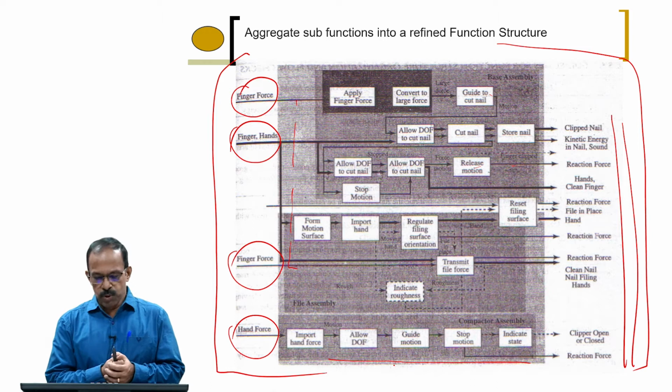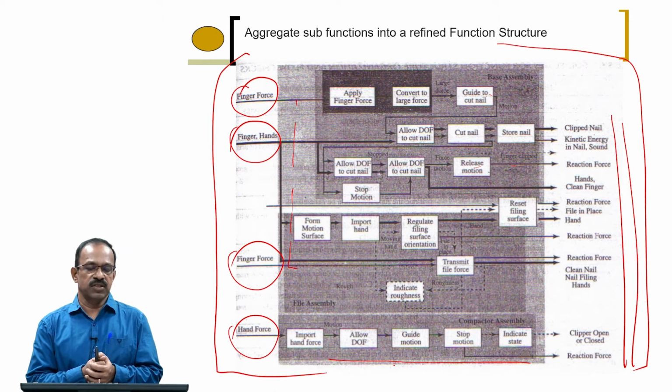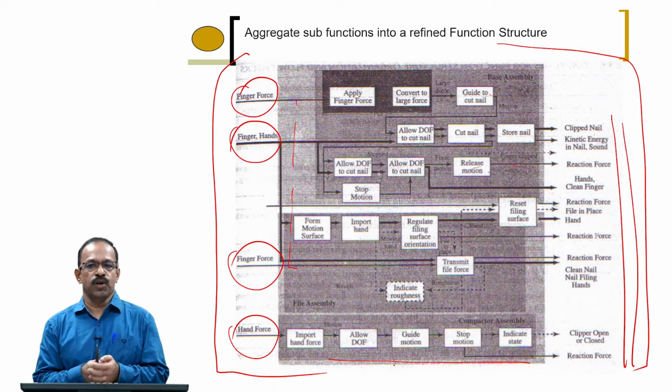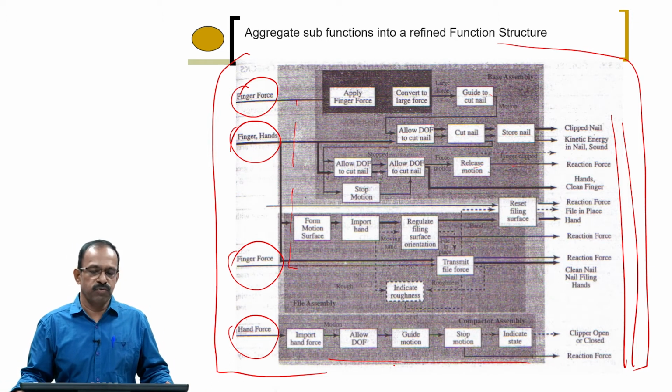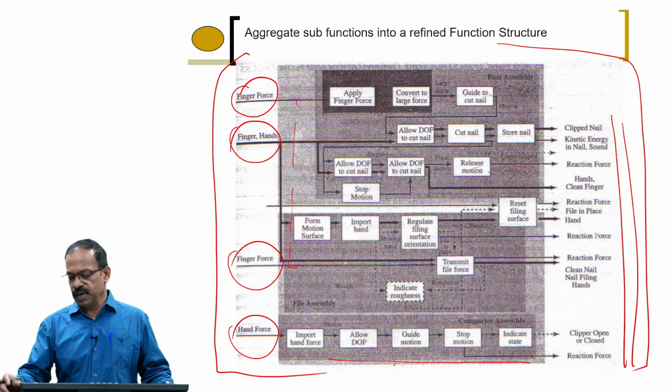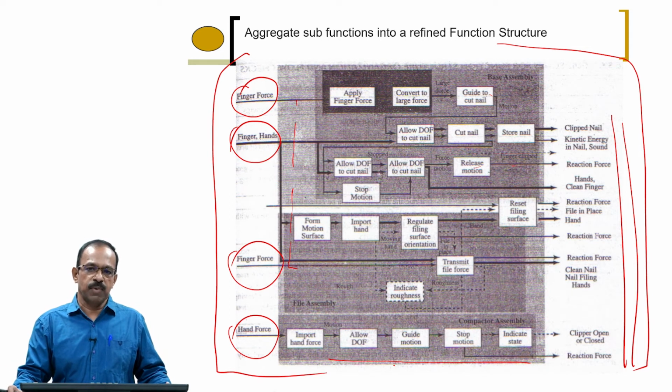So, I hope you understood these two methods, the fast method and the flow method of functional decomposition. As part of lab work, you will be doing a few exercises by opening up a product, looking at the main functions, and trying to carry out the decomposition using flow methods. That we will be discussing in the lab class also.